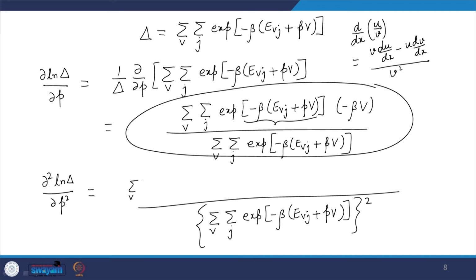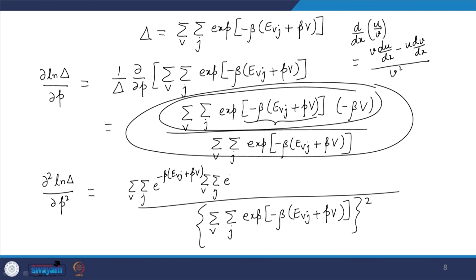So, you will have summation of V summation of j exponential of minus beta EVJ plus PV multiplied with the derivative of the numerator, that will be summation of V summation of j exponential of minus beta EVJ plus PV, and now we again take a derivative of this, that will give me a minus beta V again, and you already have 1 minus beta V. So, you will have beta square V square, and in the second term what we have is the numerator appearing as it is,